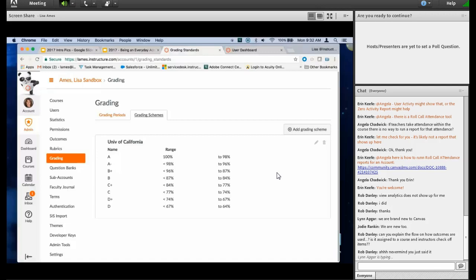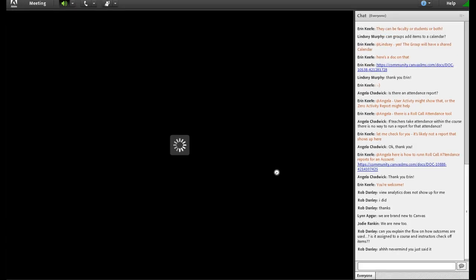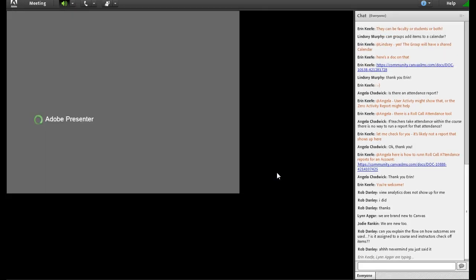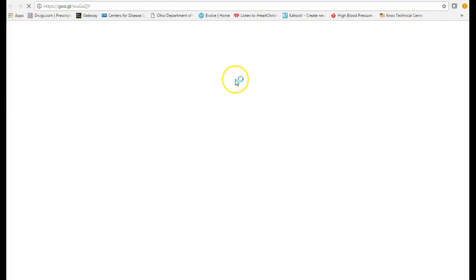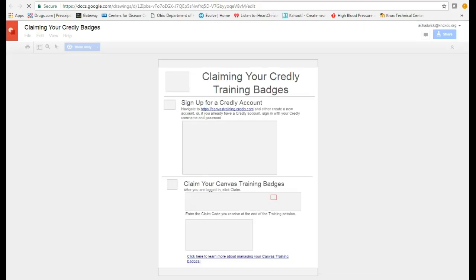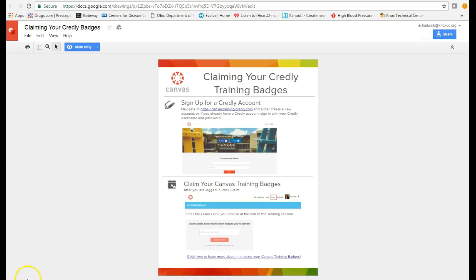So Rob wants to know, can we explain the flow of how outcomes are used? So Rob, that would be if you were, for example, let's say K-12, okay, state standard. So all of your math teachers have certain criteria for testing with their students. You would put that information on the account level, or you could put that on just the sub-account level, such as the math department. And then your math teachers, when they create their assignments and their quizzes, they can find it